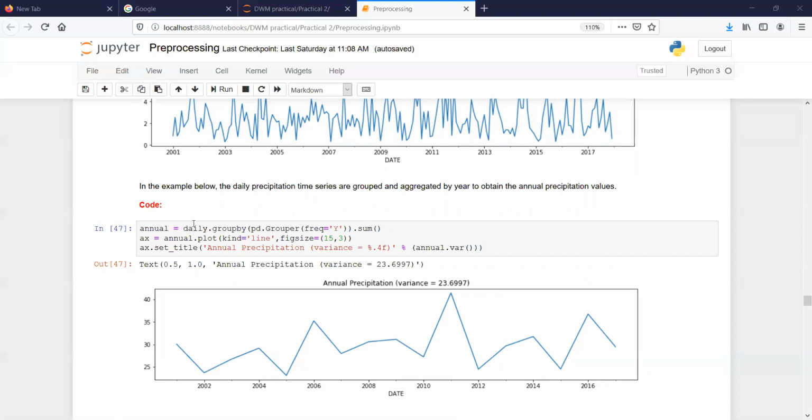For getting this annual data, you can use the groupby function, and for that you can also use the pandas Grouper function. After this, you can see the variation is increased, and from this graph we can extract more information, like the precipitation rate was very high in 2011 compared to all other years, and it was very low during 2002 and 2015.